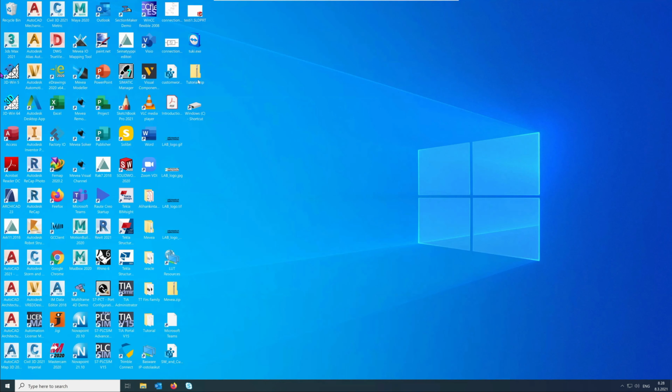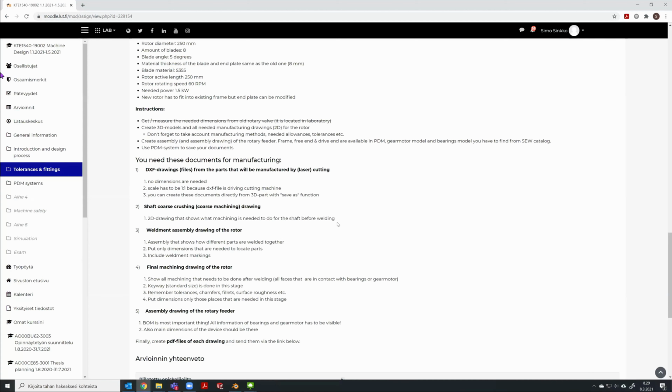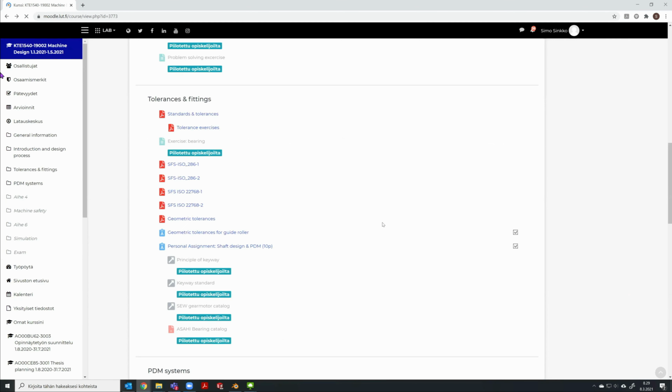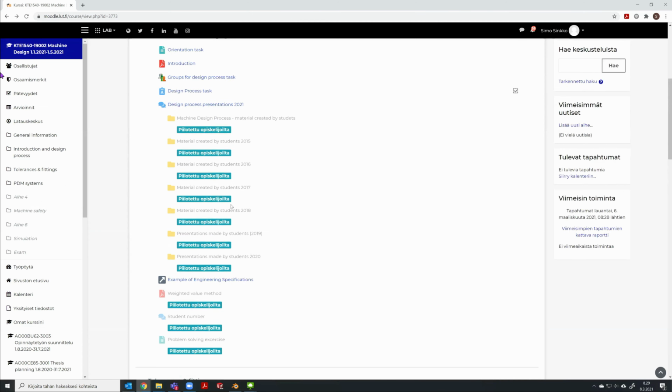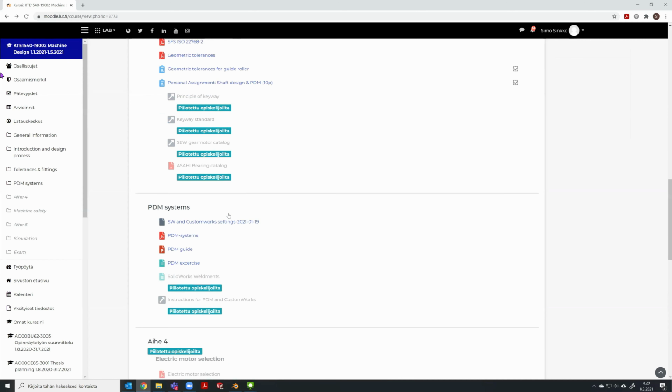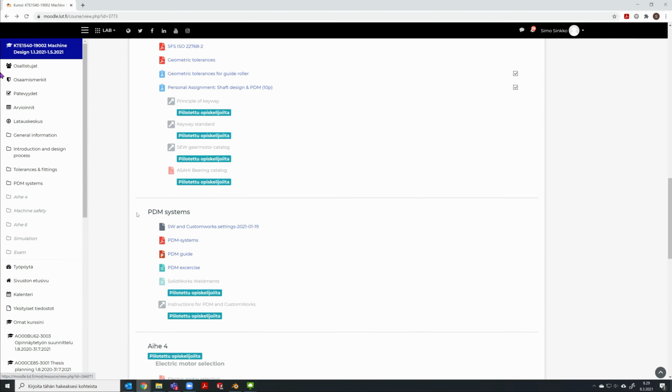And you need to run the correct SolidWorks settings, which can be found from Moodle under this course. Under the topic PDM systems, there is a file called SW and Custom Work Settings 2021-01-19. This is the latest